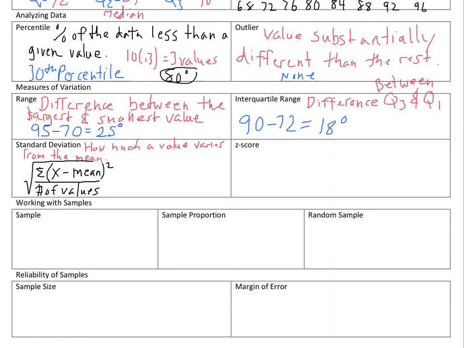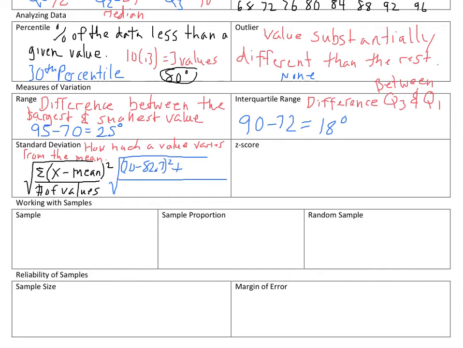What I'm going to do is I need to do a square root, and what I'm going to do is take each term. So the first term in our data was 70 when it was in order. I'm going to subtract the mean, which is 82.7, and I'm going to square it,